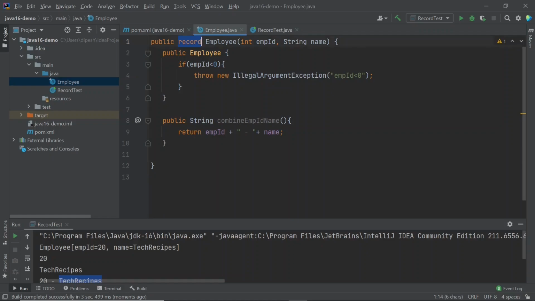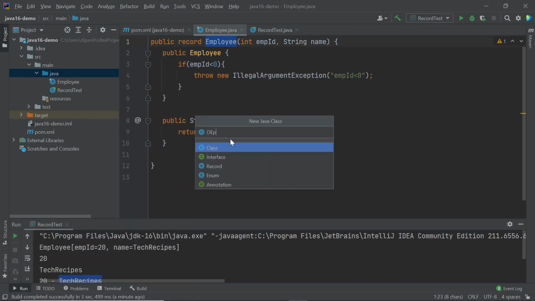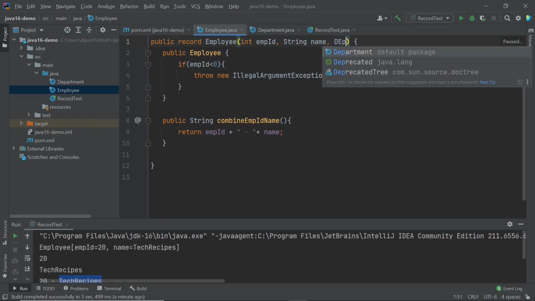Apart from that, when we define a record, it is final by default, so you cannot extend a record. You cannot write another record which extends this record, but you can use a nested record. For example, you can use another record inside this record. So let's say I created a new record called Department, which has a field department name, and I can definitely use it here.